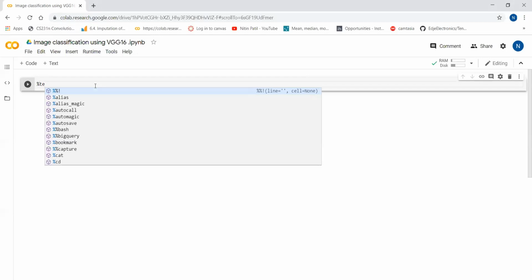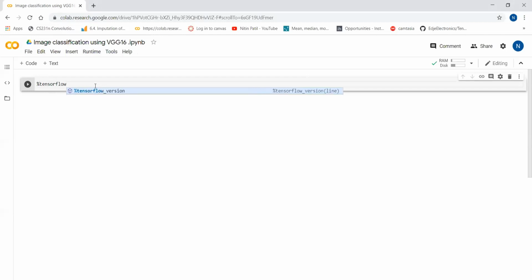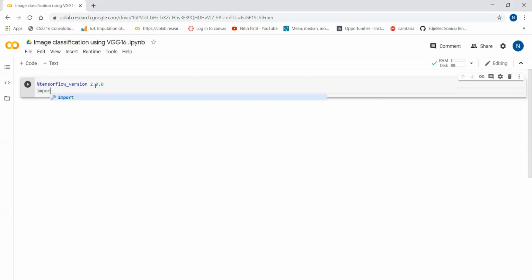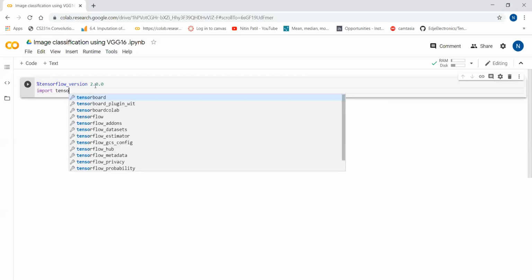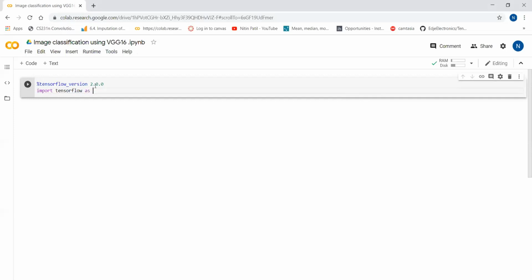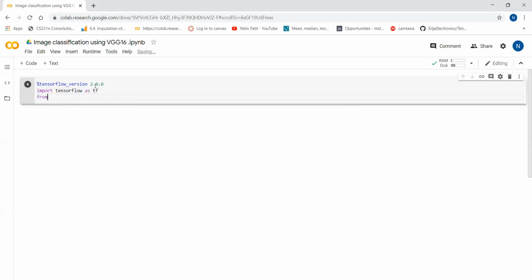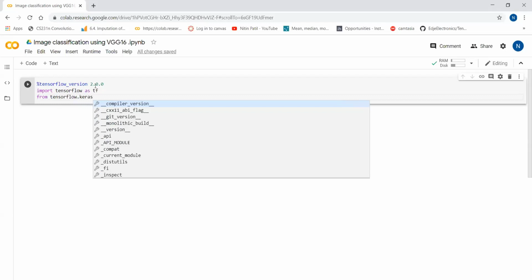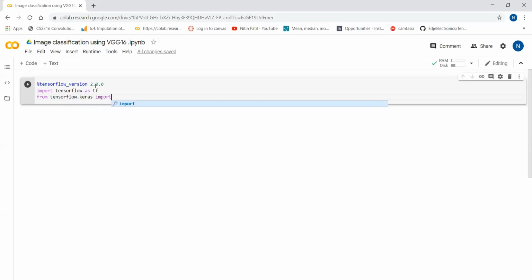Percent tensorflow version, I will get 2.0.0. Import tensorflow as tf. From tensorflow.keras import Sequential, Model, those two libraries.